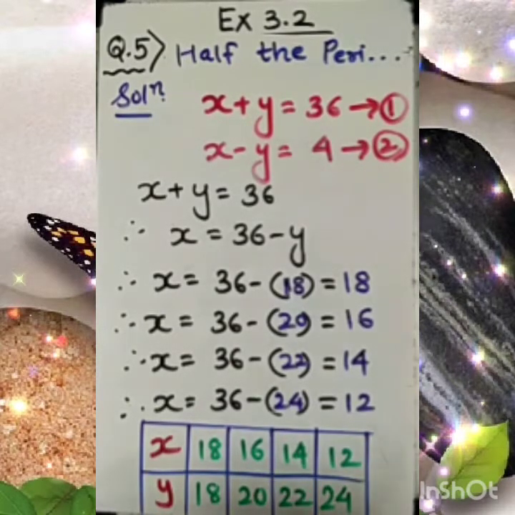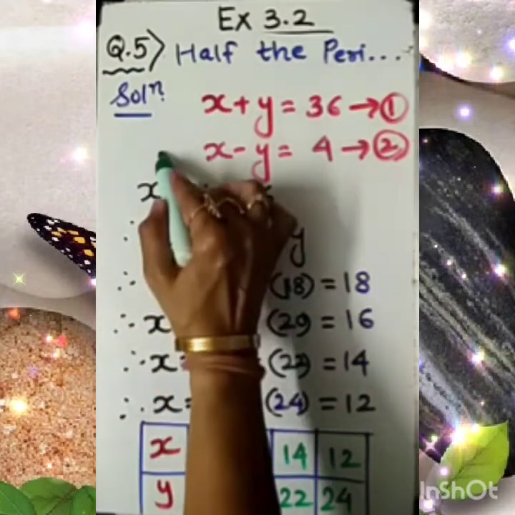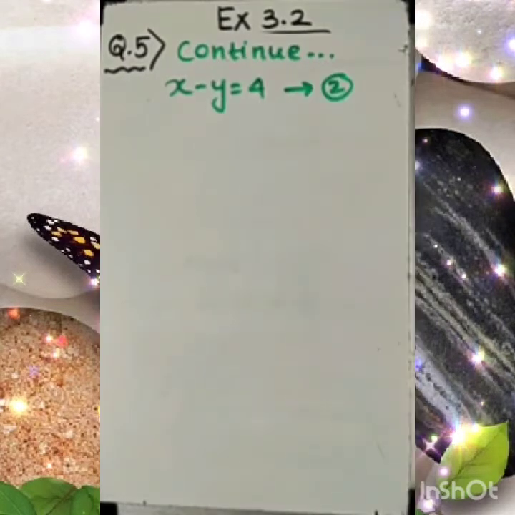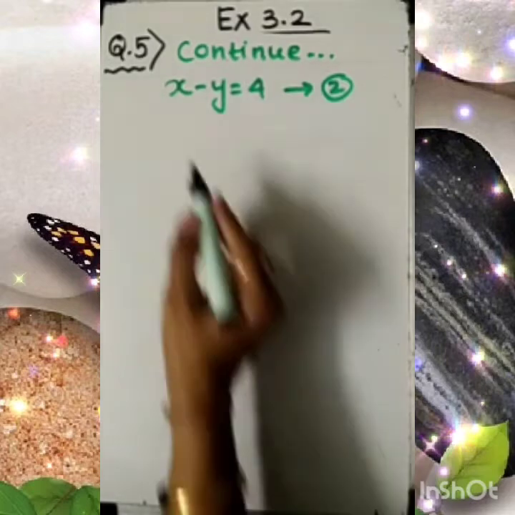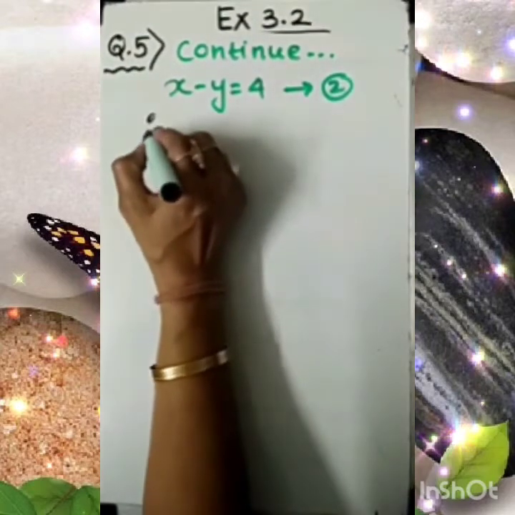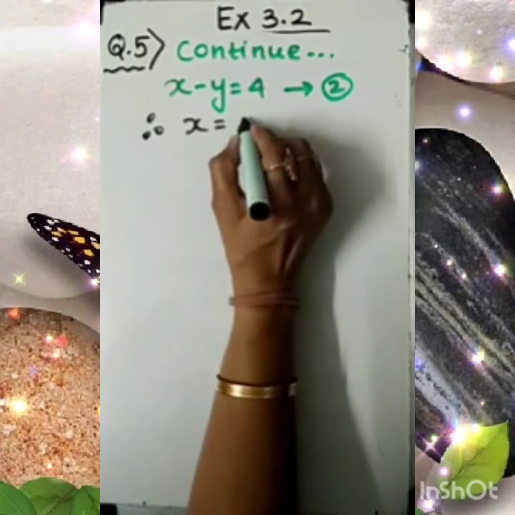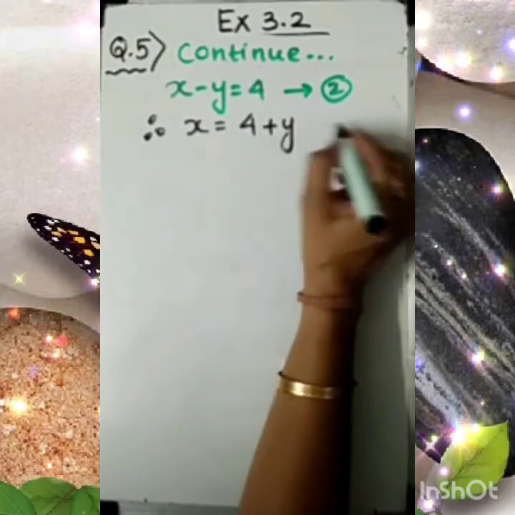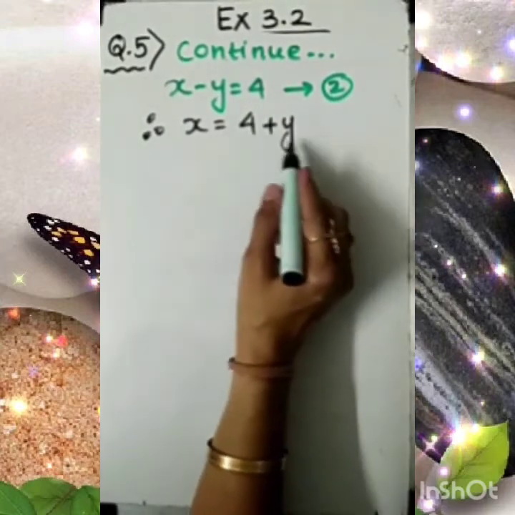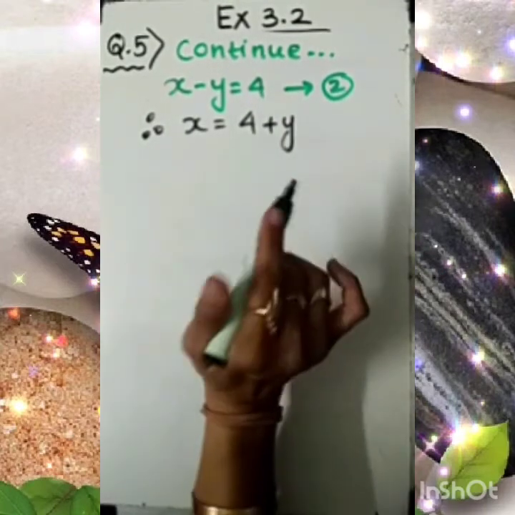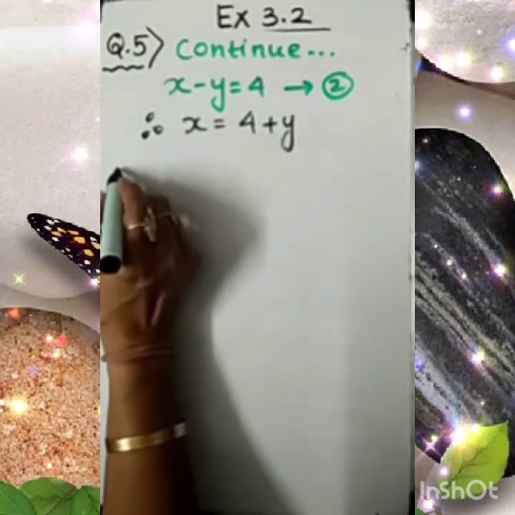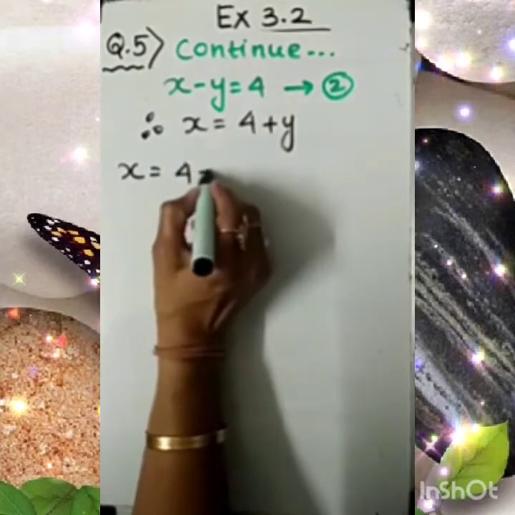Now let's work out the second equation, that is x minus y equal to 4, and let's see what the results can be. X minus y equal to 4 is the second equation, right? So let me make x the subject as usual. Therefore, I need to write x equal to 4 plus y. This minus y will transpose to this side. Now dear student, for different values of y, we will have the value of x, which is quite easy.